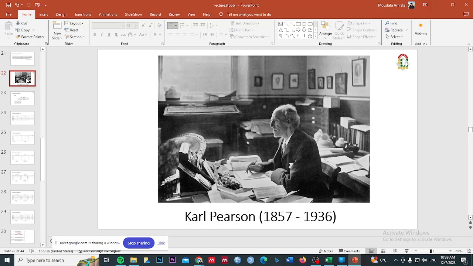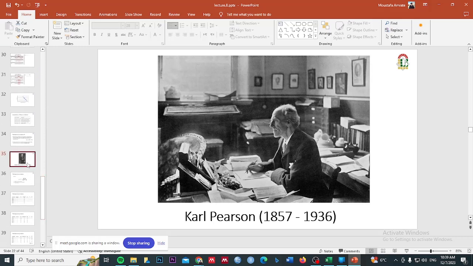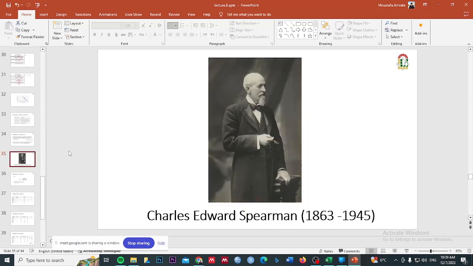But Karl Pearson did not like him a lot. Karl Pearson is coming from a mathematician background, and Spearman is coming from a psychology background. Okay, so they were actually both lecturers at University College London, or I think UCL, but they did not get